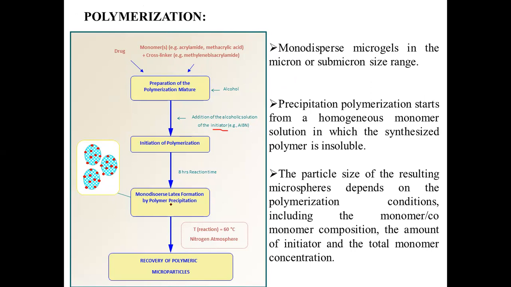After the 8 hours of reaction time, monodisperse latex formation will be carried out by polymer precipitation. Here we have to maintain the temperature up to 60 degrees Celsius, and we are applying some atmospheric nitrogen, and then we will recover the polymeric microparticles. So monodispersed microgels in the micron or submicron size ranges, the precipitation polymerization starts from a homogeneous monomer solution